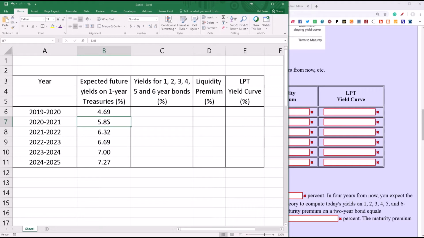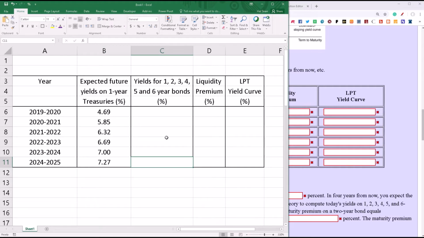So this is the actual yield on a 1-year bond today. This is what we expect that 1-year bond to be in a year, in 2 years, in 3 years, in 4 years, and in 5 years. Okay? So these are expected values for 1-year treasuries today, in a year, in 2 years, in 3 years, in 4 years, and in 5 years. Okay? So the way expectations theory works is that,